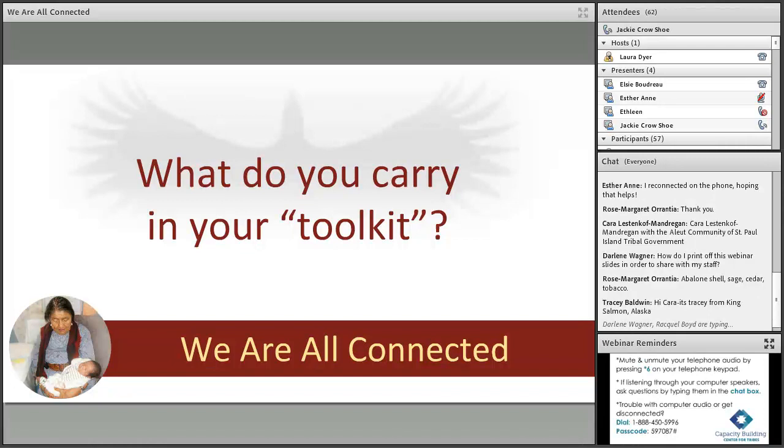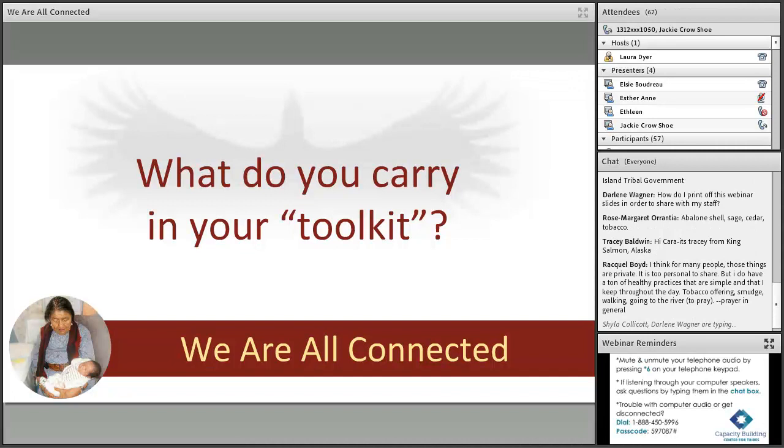We can continue to share in the chat room for others who have a particular toolkit that they use or carry, either for themselves or for the families they work with. The hardest part about this technology is that I really want to respect those who are typing or have answers.